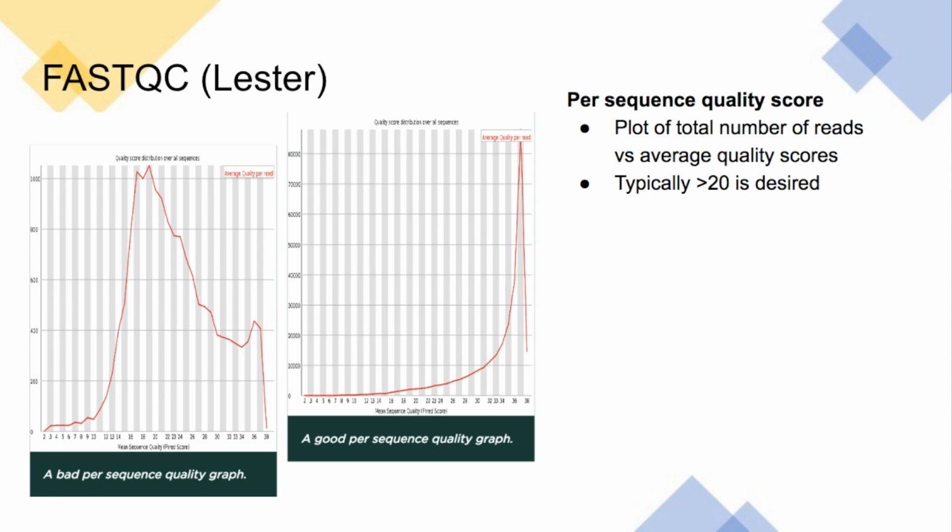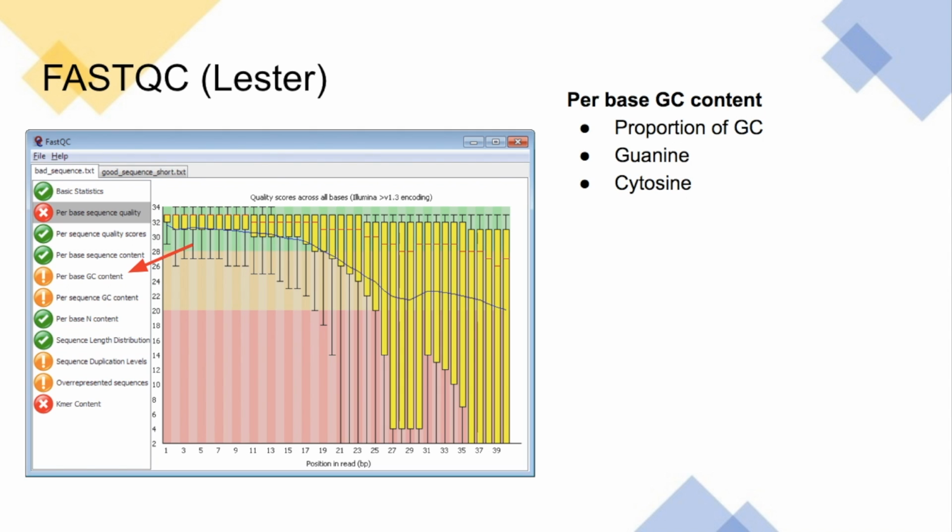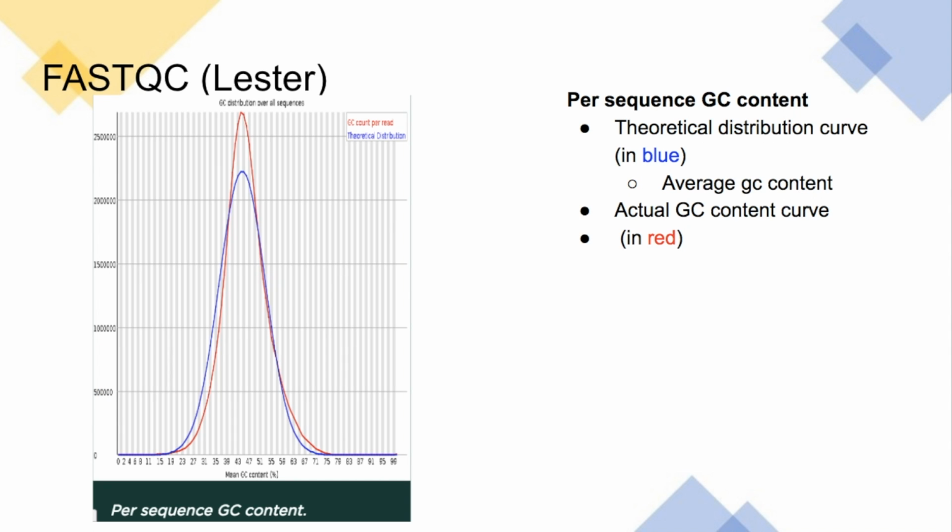Then we have per sequence quality score, which displays a graph showing the average quality per read. Typically, a quality score above 20 is desired, and the graph should be fairly tight in the upper range of the plot. Next is per base sequence content, which reports the proportion of each of the 4 nucleotides, adenine, thymine, cytosine, and guanine. It also displays per base GC content, which is also proportions but from the GC perspective. And per sequence GC content, which shows the theoretical distribution curve determined from the GC content and actual GC content